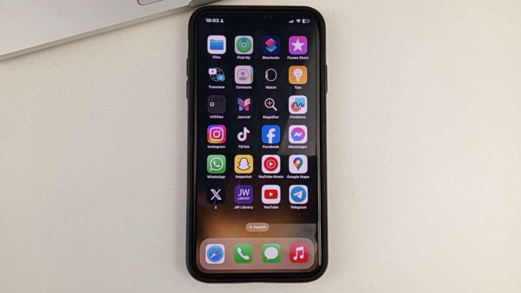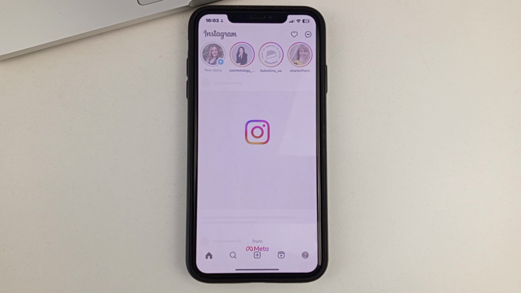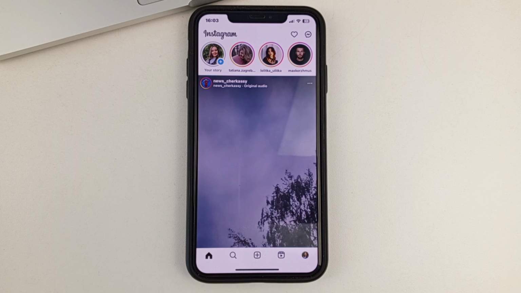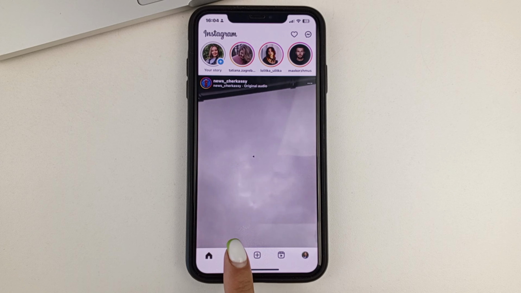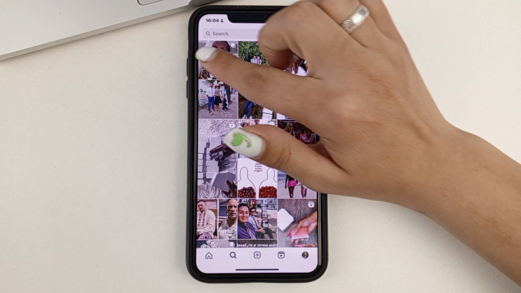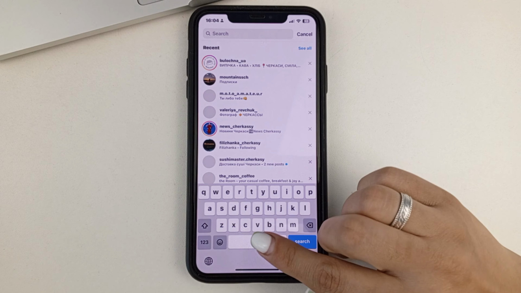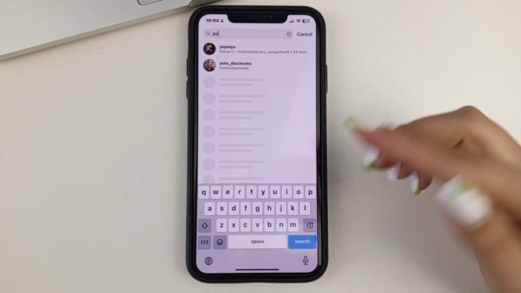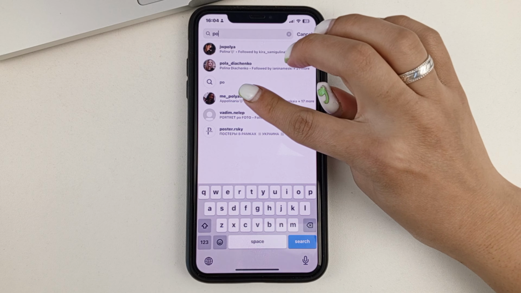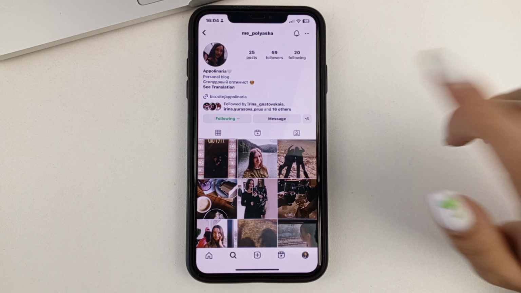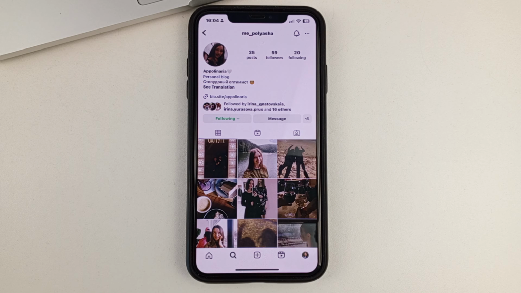So, open the Instagram app on your phone. After that, let's say you need to find some person. For that you can go to search. Then, in the search box, enter their name, for example, and select the person. Go to their page. And then right there, next to the message button, you'll have the phone function.